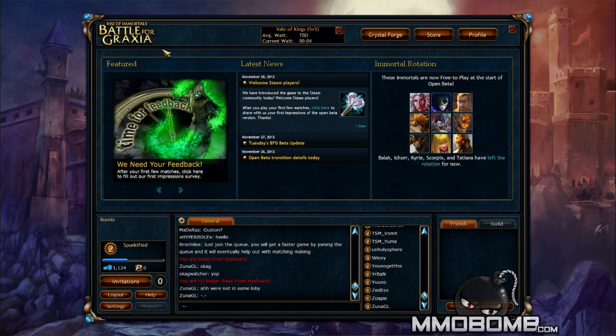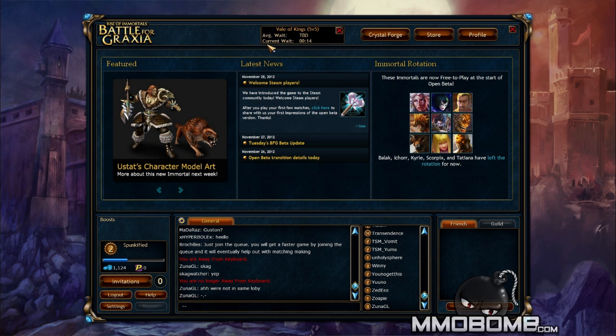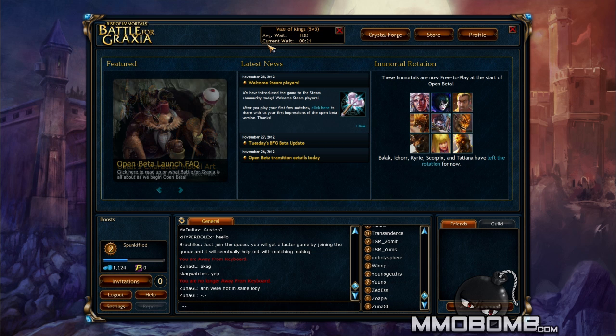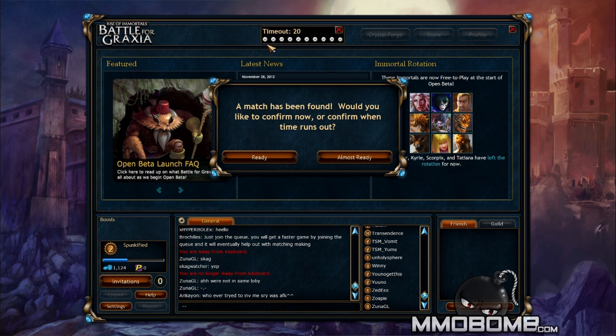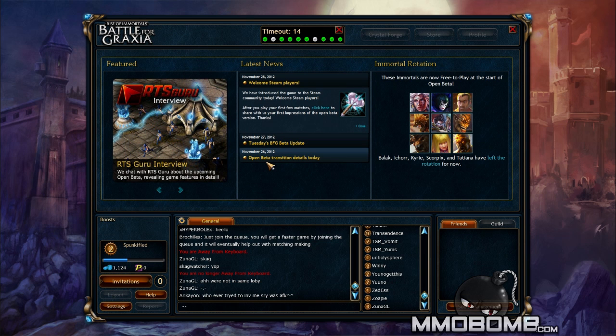So, for those of you unfamiliar with Battle for Graxia, it actually used to go by the name of Rise of Immortals, which came out last year under Petroglyph. Now, Rise of Immortals was a hybrid MOBA-style PvE, PvP MMO that had all these different aspects to it. It was kind of really spread out, and there were several complaints about the game. Because of this, Petroglyph decided to take the game and go ahead and revamp it completely, change a lot of the graphic aspects to it, remove pretty much all the PvE aspects to it, and essentially make it into a